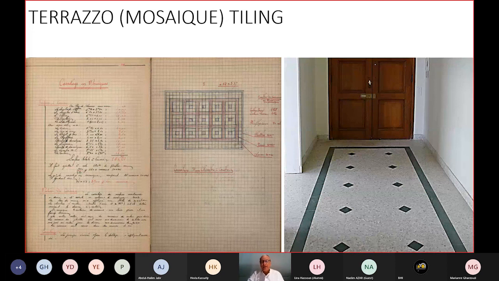Mosaic because it's a composition of cement with pieces of gravel, etc. And then the cement could be colored between white, green, black, yellow, red, whatever. And sometimes they used to put inside the terrazzo tiling pieces of different colors just to give it some